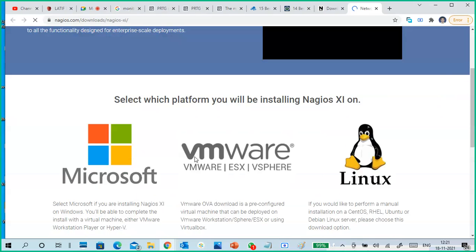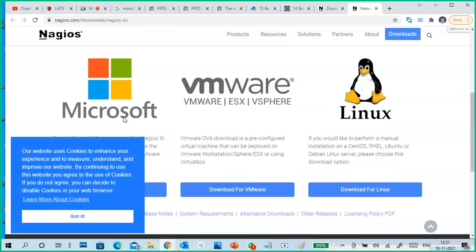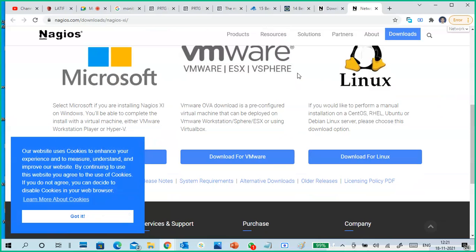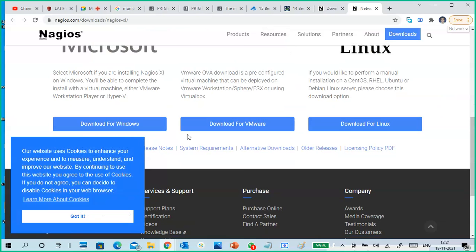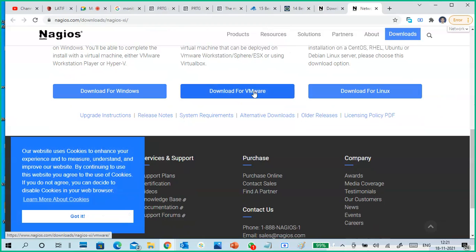You can go to download. You can see Microsoft or VMware or Linux. So go for VMware, not Windows. Go for download for VMware. Just click here.